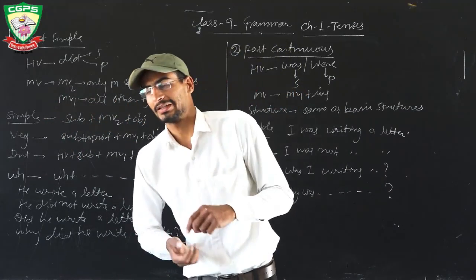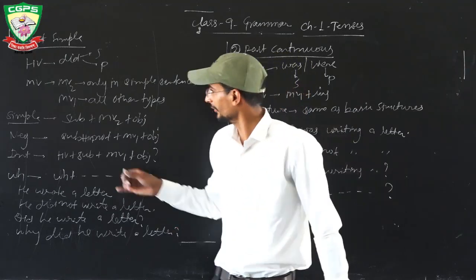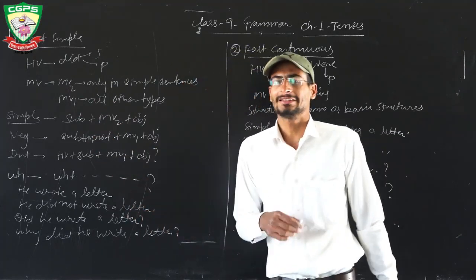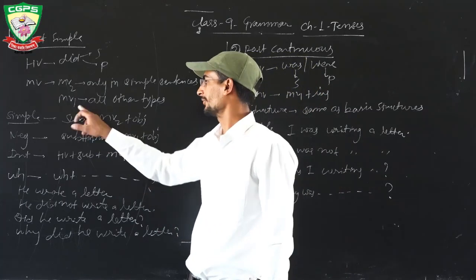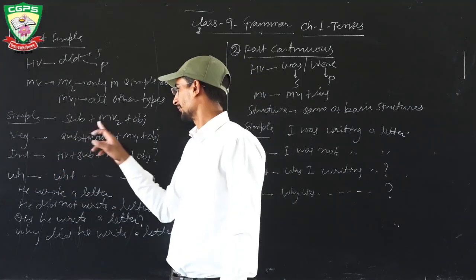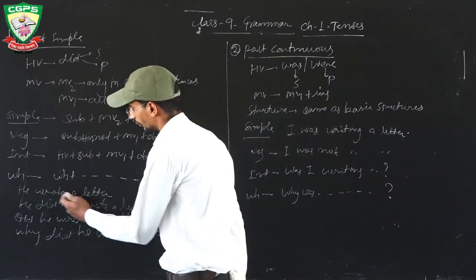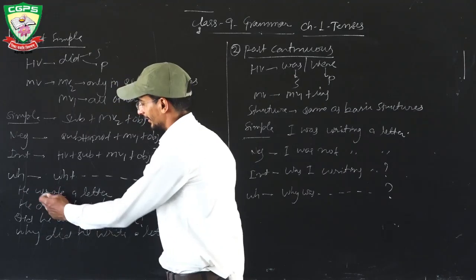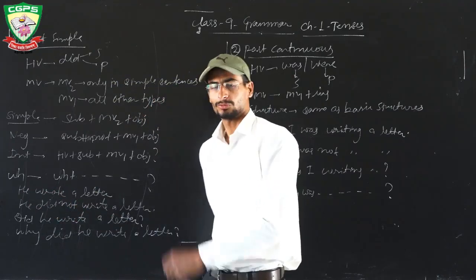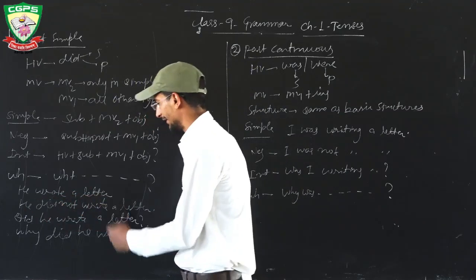जैसे present simple में क्या था? Main verb first form plus s, es only in simple sentence. Here also main verb second form only in simple sentence, and in all other types of sentences main verb first form is used. Simple sentence: subject, main verb second form and object, that is the structure. Like example, he wrote a letter. He is subject. Write second form, write is wrote. A letter, object. Negative sentence, he did not write a letter.